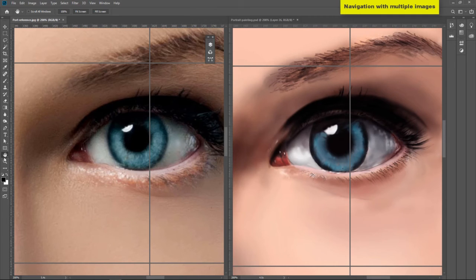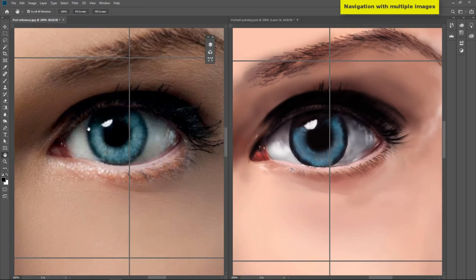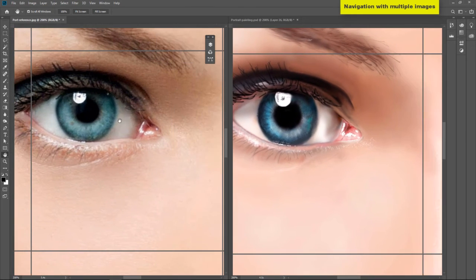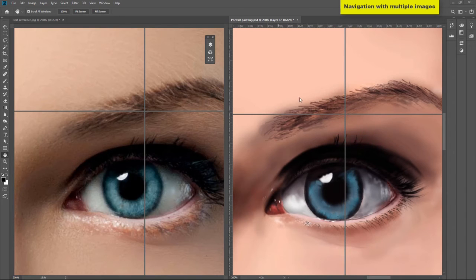Next, you can go to the hand tool, select the hand tool and say Scroll All Windows. Let's select this option. And now if I scroll one image, you see the other image is also getting scrolled. And now to draw these eyebrows with my brush tool, I'm not at all comfortable in this direction of stroke. Nobody is, I don't think anybody is comfortable drawing these strokes in this manner, and therefore